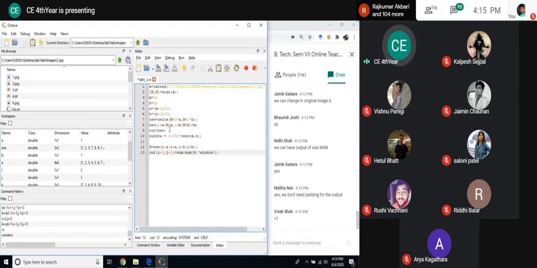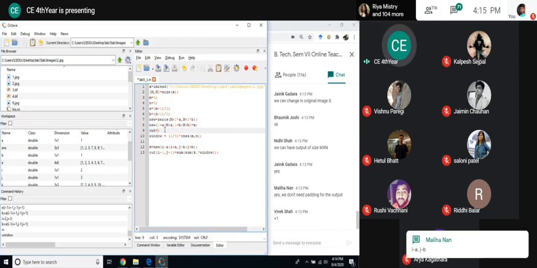What should be my out? I should equate out with x. So that the dimension, or should I have? What should I declare? How should I initiate out? I minus a j.